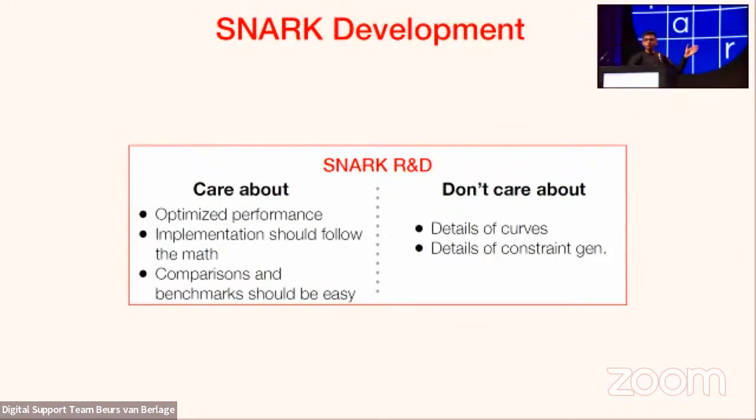So what you want here is that your performance should be good, but also that the implementation should follow closely from the math, right? You're not maybe the most advanced programmer, so you know how to do math, you don't know how to maybe write the most optimized code. So you should end up in sort of this valley of happiness where the default is the thing which looks like your math is actually the performant thing, right? And furthermore, it should be modular so that you can sort of easily switch out. You don't want to have to rewrite your benchmarks over and over again for the different curves, right? For the different SNARKs. You want to be able to just write your benchmarks once and then reuse those across all of the SNARKs that you're benchmarking against.